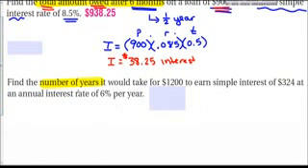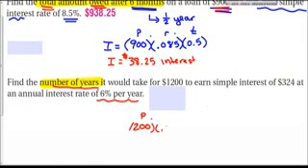This problem is a little bit different. It's asking us for the amount of time that it's going to take for this much money invested to earn this much interest. So we're telling what we started with, which is that principal amount, and we're being told the annual interest rate of 6%. So we know that our rate here is 6%. But what we don't know is the amount of time or the amount of years that it's going to take. We do know that we want this total amount here to come out to be equal to